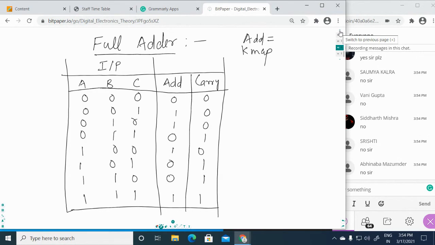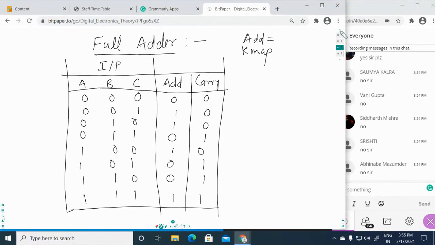So there is a simple arithmetic operation here for the addition. You have the three values A, B, and C, and they can be added together. When you add 1 to 0, 0, you will get a 1 value. When 1, 1 is to be added, you will get the sum as 0 and the carry is 1. The same operation is performed like this, and you will get the complete result of these three inputs.